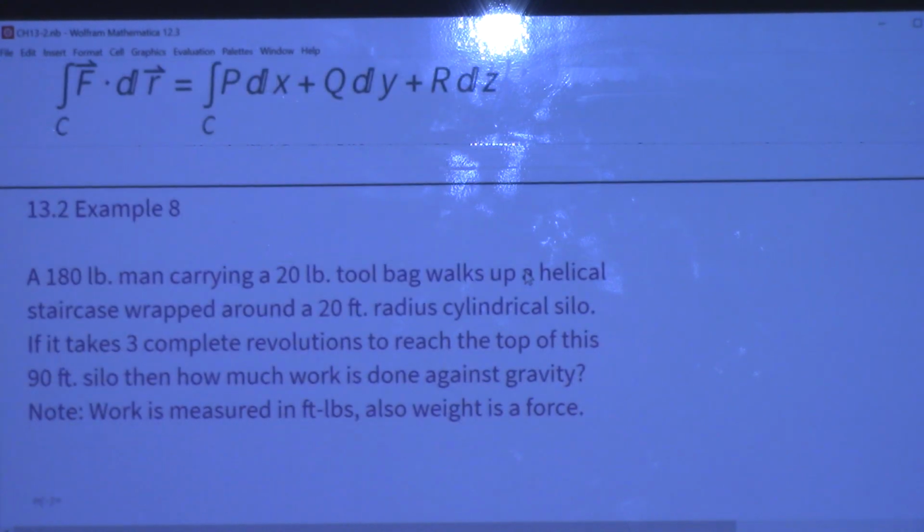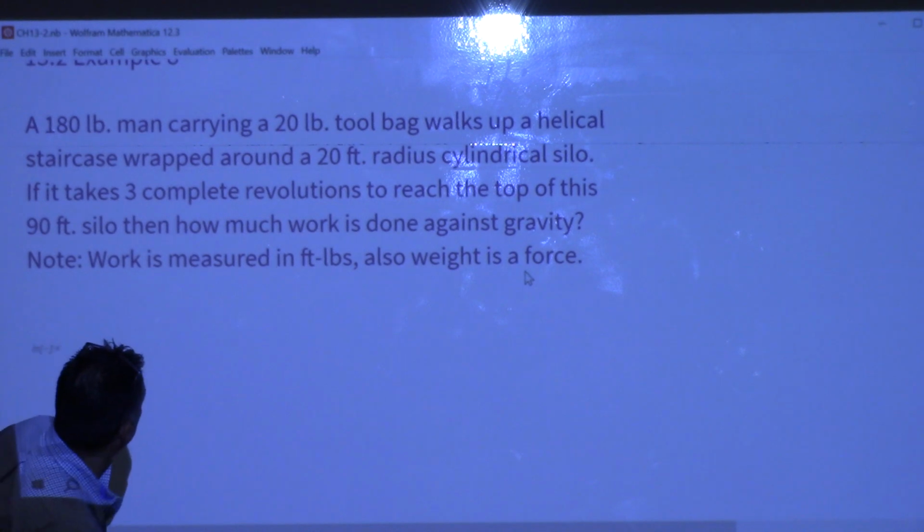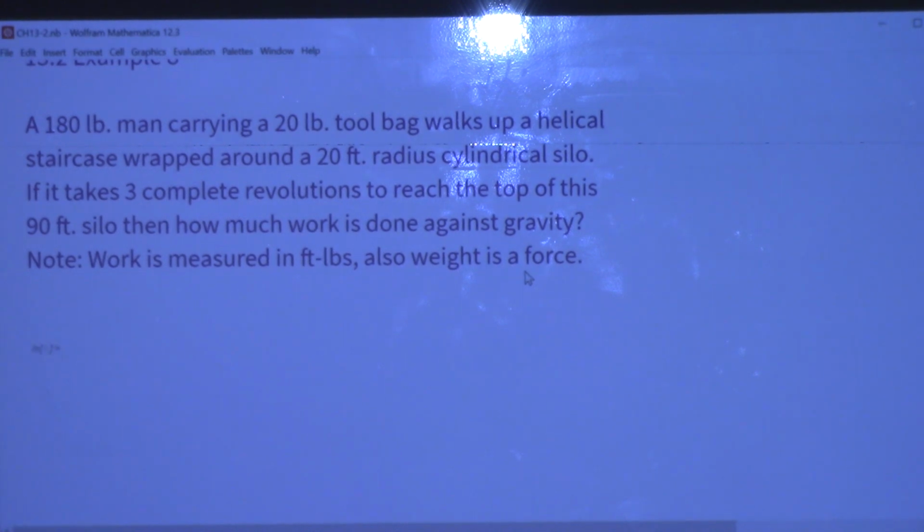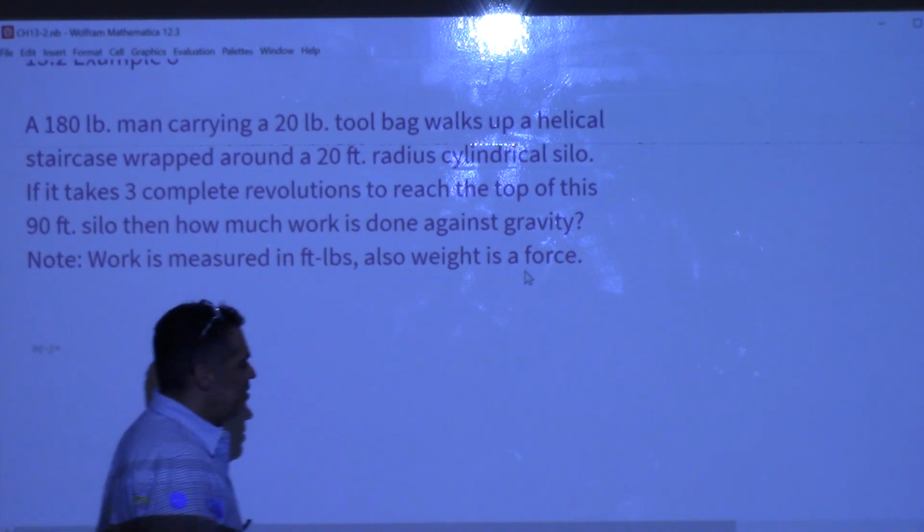All right, so I have two examples for us to do. So this is the problem. You have a 180-pound man carrying a 20-pound tool bag walking up a helical staircase that is wrapped around a 20-foot radius cylindrical silo. What? Okay. So we have this silo,